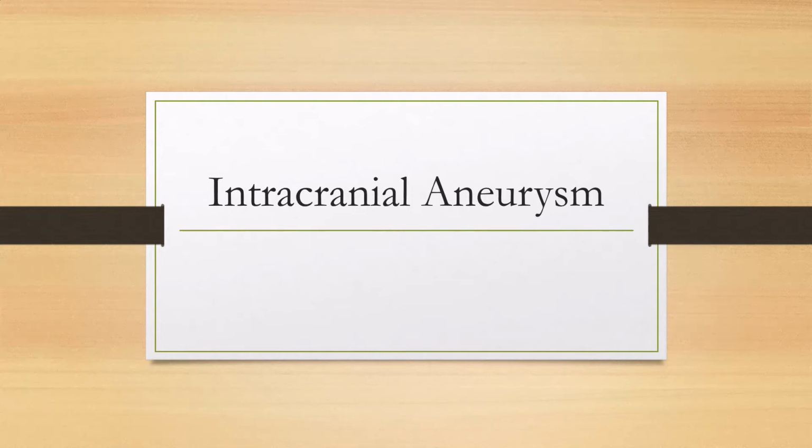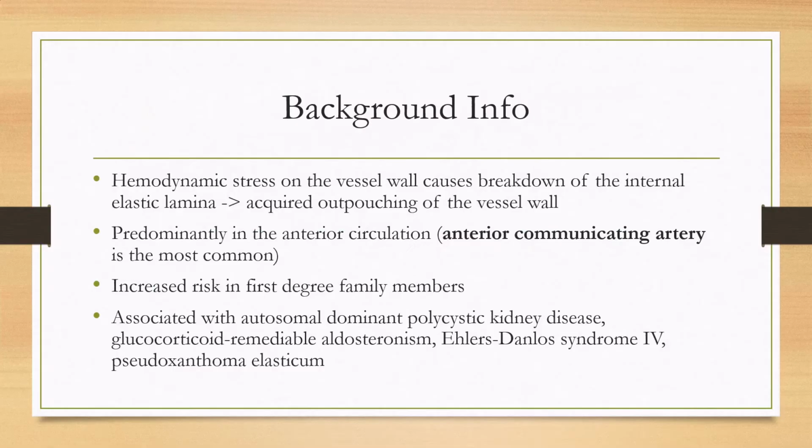Let's talk about intracranial aneurysms. So an intracranial aneurysm is thought to be created due to hemodynamic stress on the vessel wall, which causes breakdown of the internal elastic lamina. And so because these walls are thinner, they start to have outpouching, and this is an acquired condition,